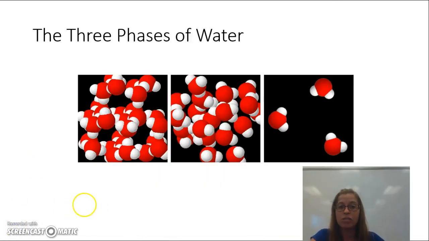This picture depicts the three phases of water. Here you can see that there's a gaseous phase, which is on the far right. You can see the liquid phase, which is in the middle, and you can see the solid phase, which is on the far left. Now in the solid phase, you can see there are big gaps and spaces because of the way that the polar molecules interact. When water freezes, it forms crystals, and those crystals need to have space. And because of that, the solid form of water is actually less dense than the liquid form,